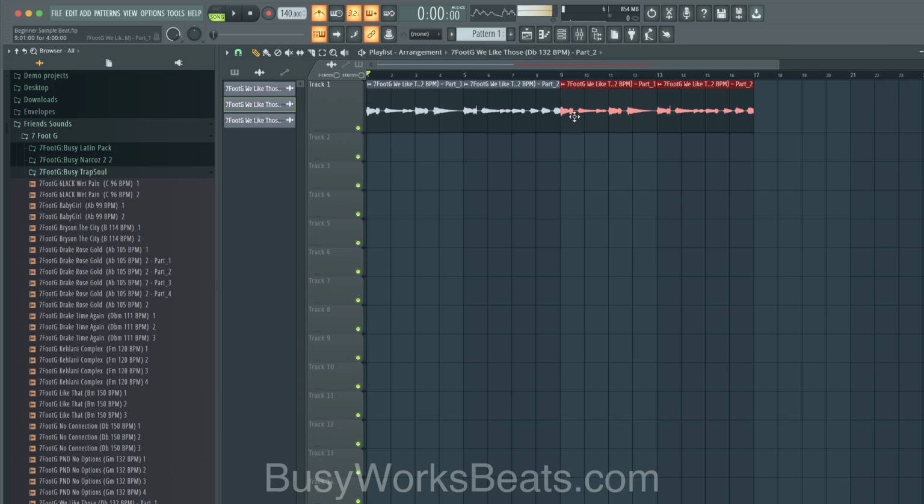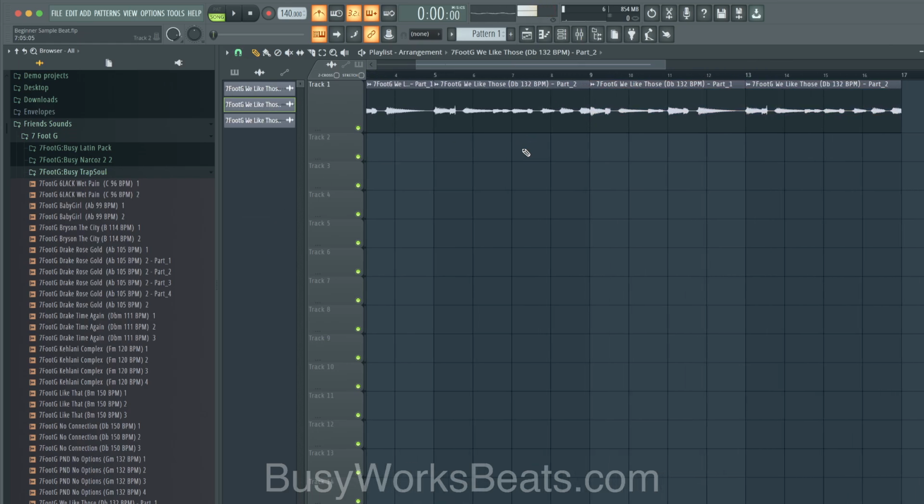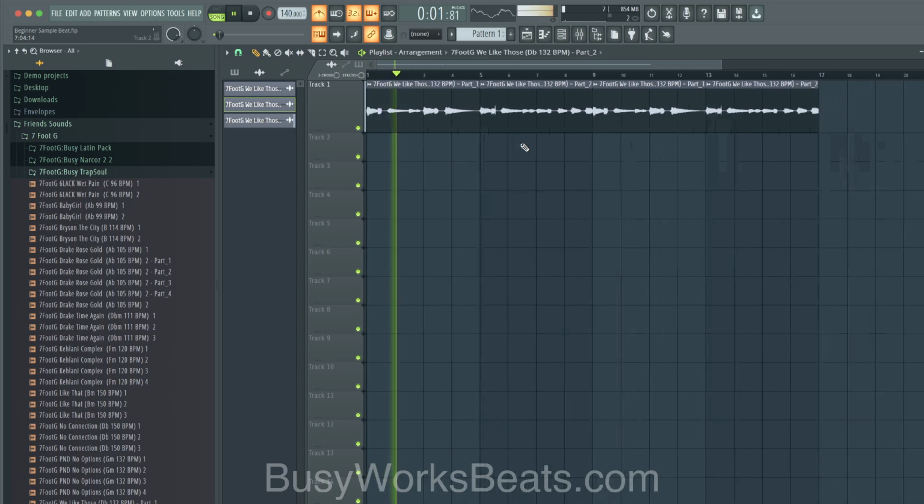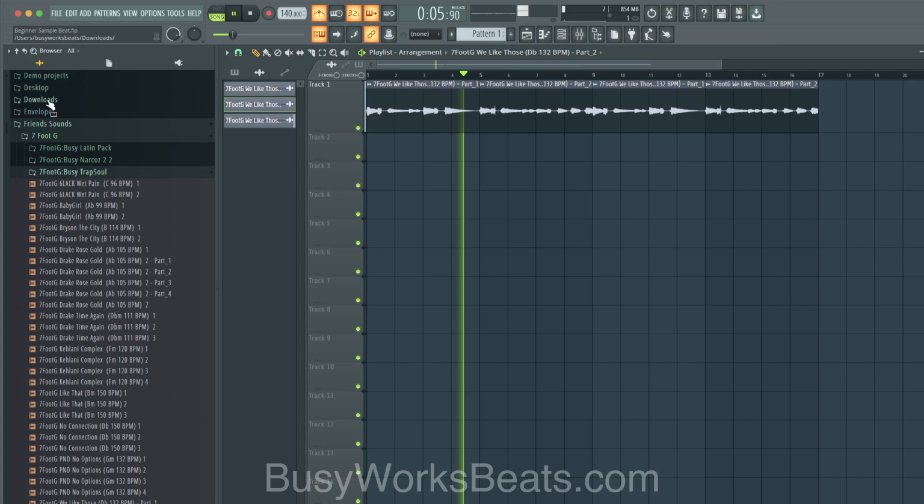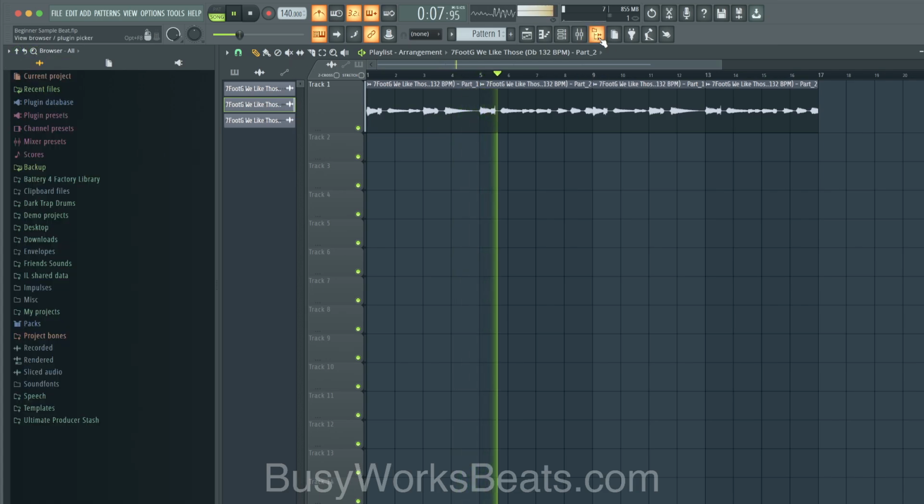And if your stuff isn't perfectly lined up to the grid, you can end up pasting off time, and then your beat will sound off and everything will just be a mess. So Control B is not a good habit, in my opinion, unless you know what you're doing. We're going to go to the top left to this magnet, hit bar mode, because everything is just easier, in my opinion, on bar counts. And then if you have to get granular, you could do that. Let's close the browser for now, this icon.